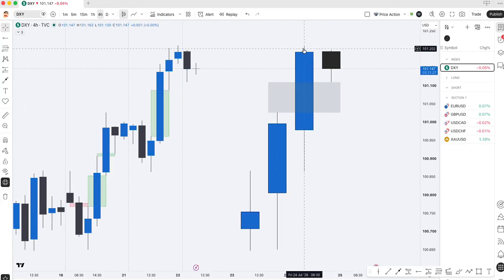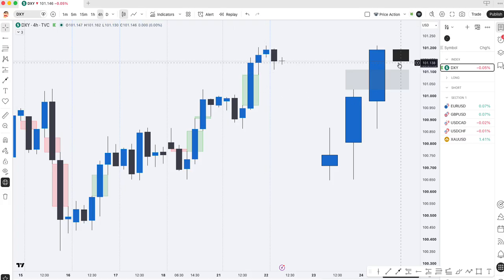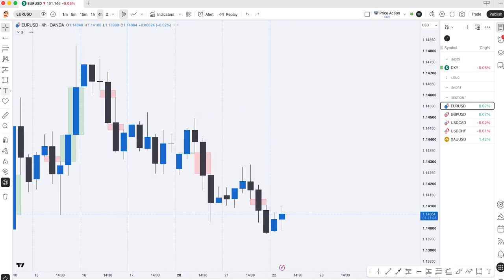So yesterday candle was bullish. We have a 4 hour gap and the trend is up. So I'm expecting today make a big push up. That's it. So my bias for DXY for today is bullish from this fair value gap. Let's look at